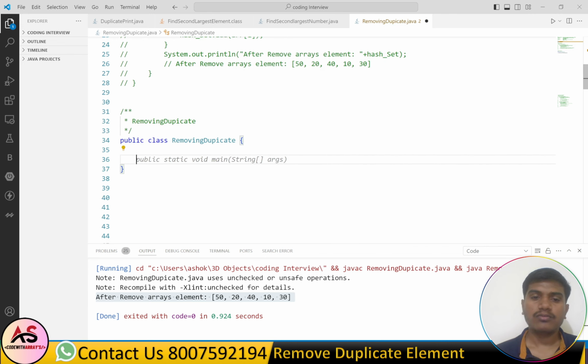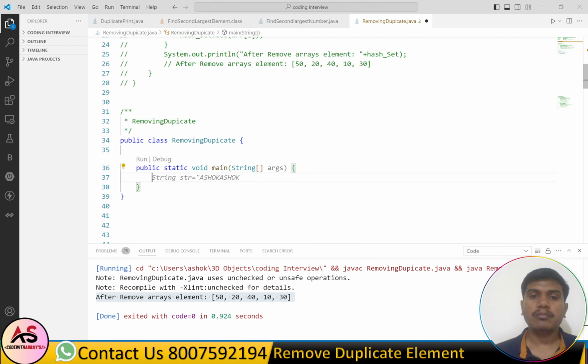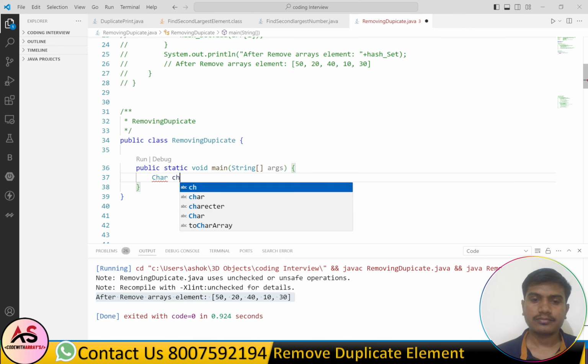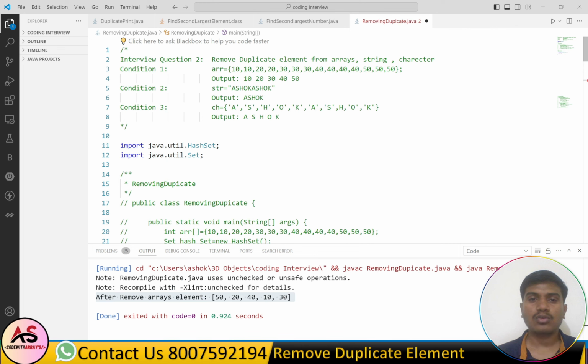In that we will define a main method. In main method we will write down that character array, and I will simply copy the array elements.